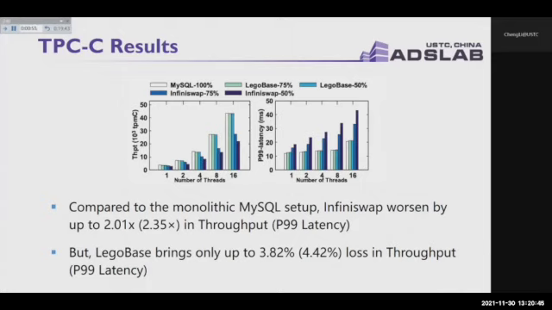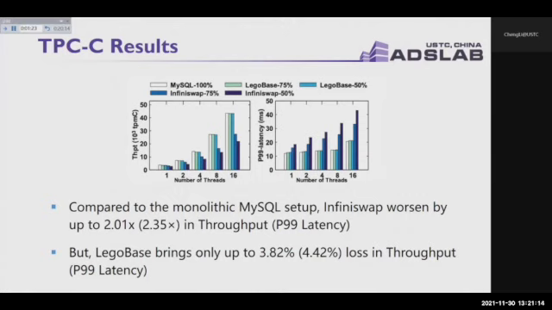The result highlights that compared to the monolithic MySQL setup, the InfiniSwap baseline gets worse by up to 2 times in throughput. If we look into the latency, it is almost the same: the tail latency gets worsened by